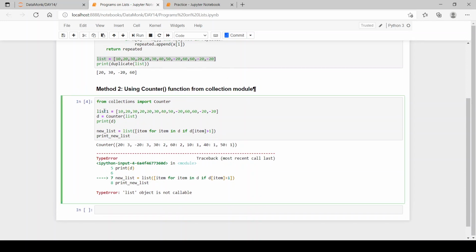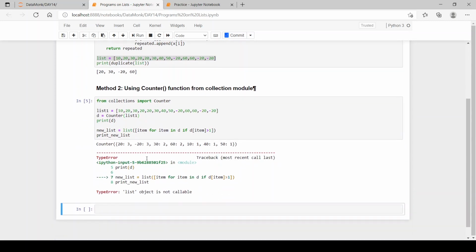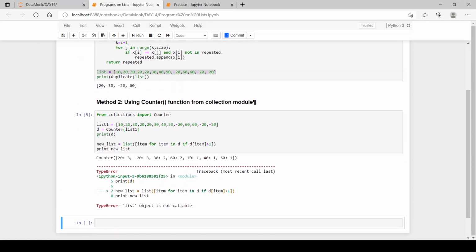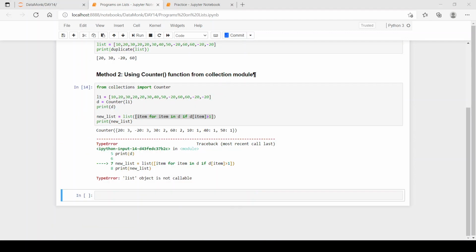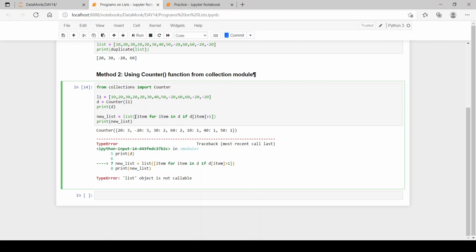If you ever come across this error, list object is not callable, and if you have used list in your function, you can just delete it and have the square brackets and the condition inside it, which is item for item in d if d of item is greater than 1, and your work will be done.